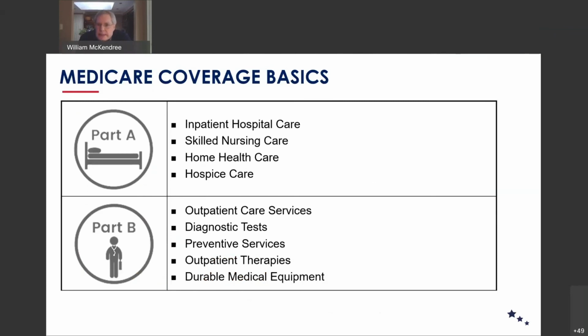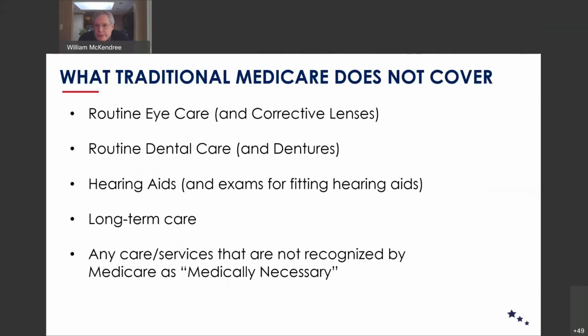There are certain things that Medicare itself, Part A and Part B, are responsible for covering. This is a quick example of the list of type of services under Part A and Part B. You can read that yourself. What's more important is there certain things that Medicare A and B do not cover. They never have, they likely never will. Basic dental care, basic eye care,